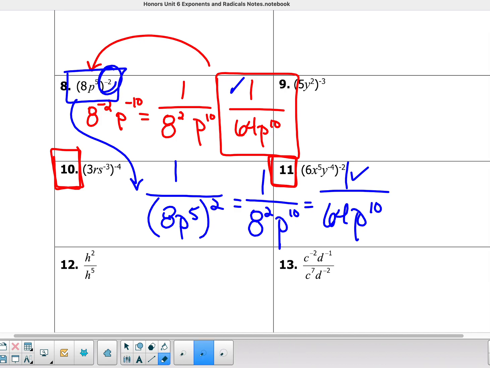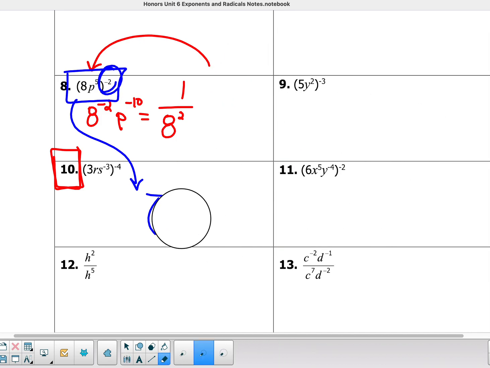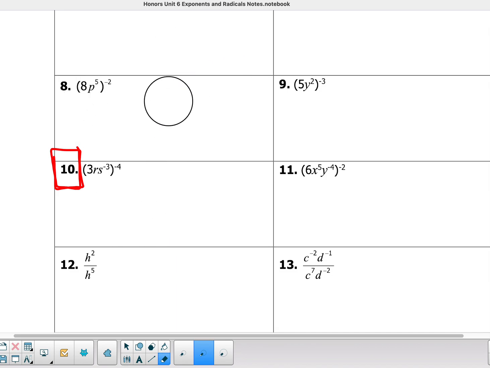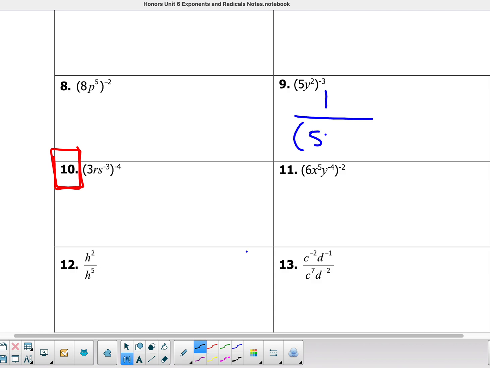And let me erase this. And here in number 9, same type of thing, same type of thought. In number 9, you would have choices. You could take the entire expression, move it to the other side of the fraction bar. The sole reason for that move is to take the negative 3 on the outside and make it positive, and then you would apply the cube to each member inside the parentheses, and you would end up with 125 y to the power of 6,